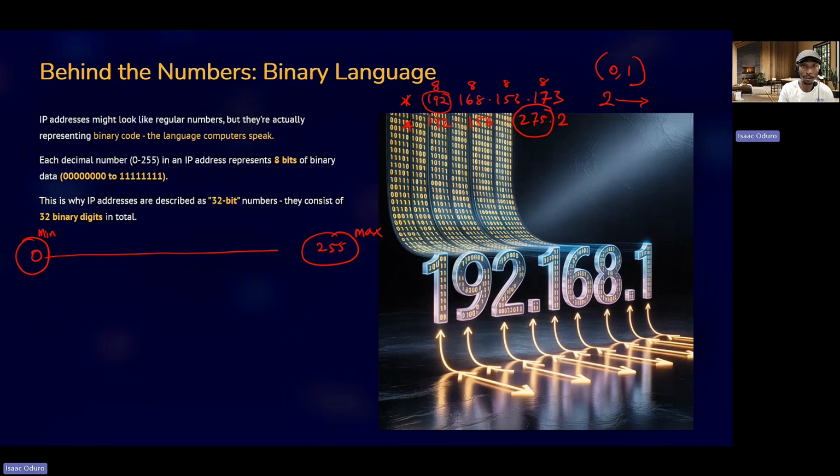If you see any IP address, the first part can take how many bits? 8. It cannot go beyond 8 bits. What you see here can be converted into binary. As I said, every part of the IP address contains 8 bits. Therefore, if we have 8 times 4, 1, 2, 3, 4, we are going to get 32 bits. So the maximum bits in IPv4